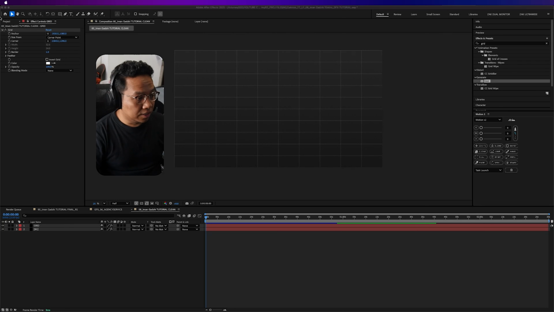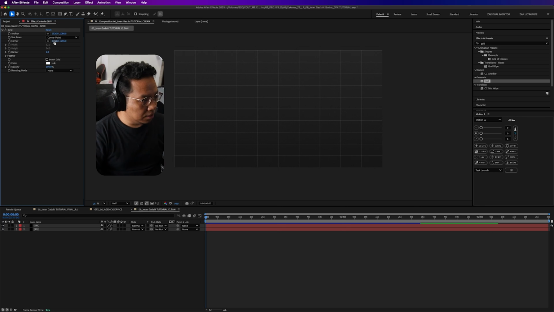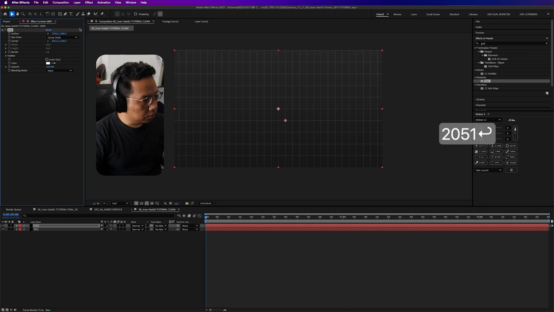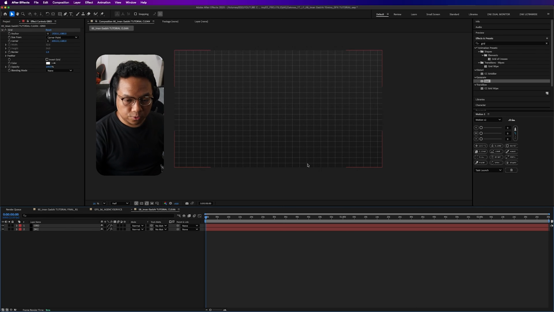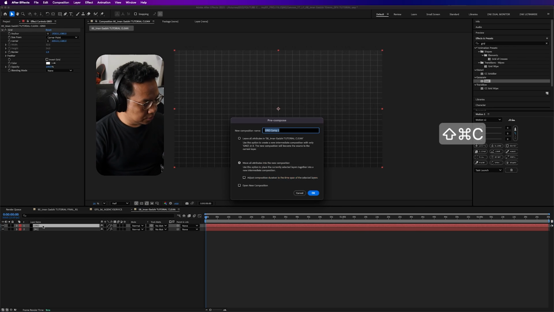Now that we've made that a border of 1, I'm going to reduce the corners and make this a little bit more squarish looking. So maybe about this size, and decrease height maybe around here. So right now, as you can tell, it looks pretty nice. So now I'm going to hit Command-Shift-C and pre-compose this as a grid,